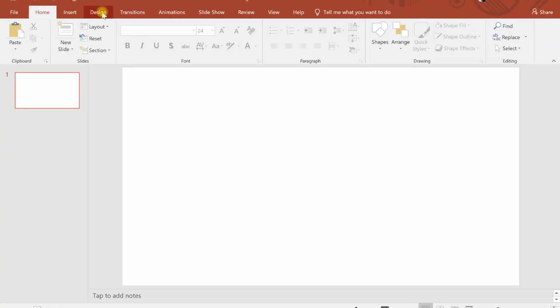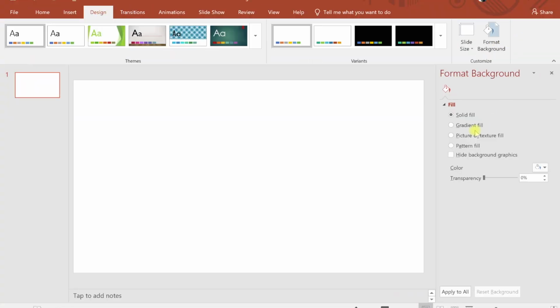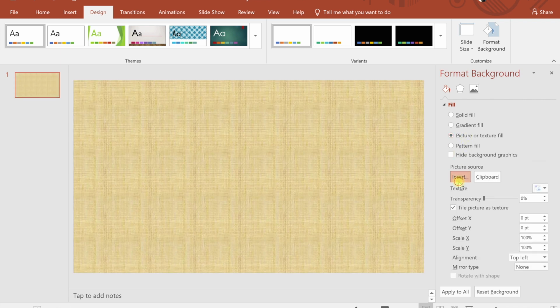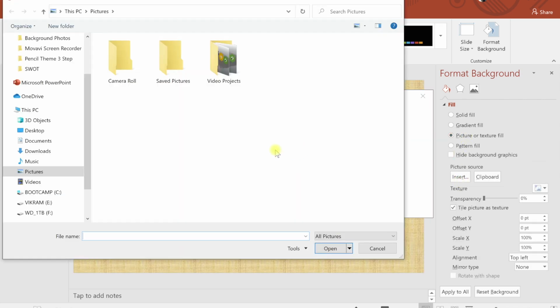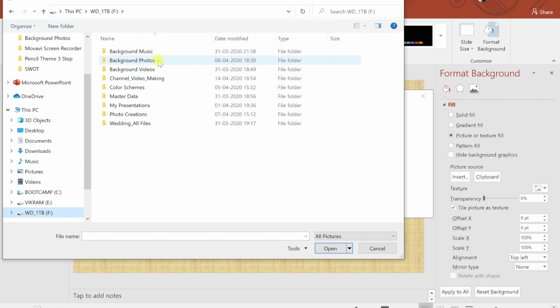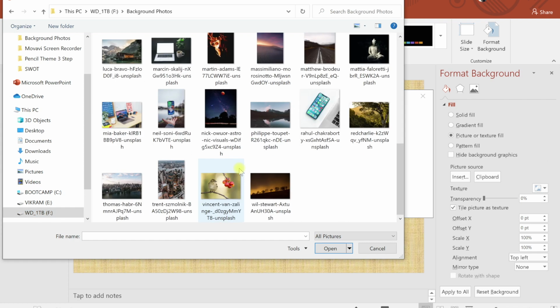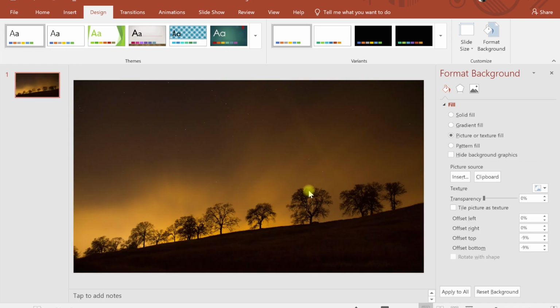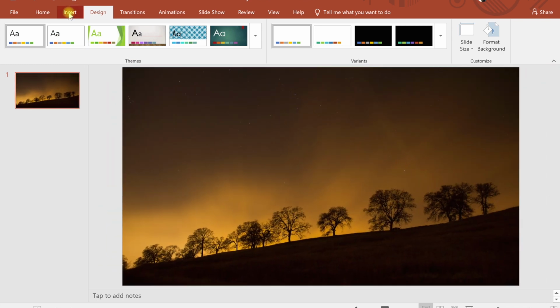We are at the blank screen of PowerPoint. First we need to go to Design, Format Background and then Picture Fill. And we will insert a picture of our choice. I am selecting this one with trees. Very beautiful picture inserted. Cross this, go to Insert,